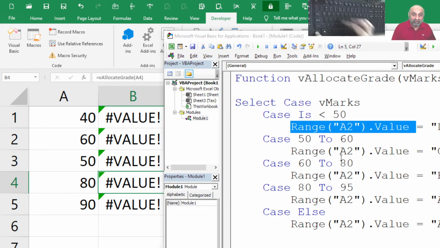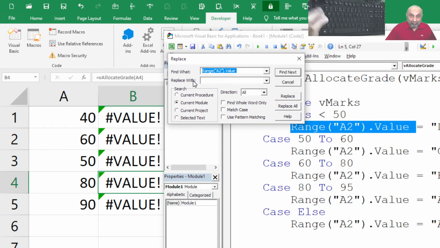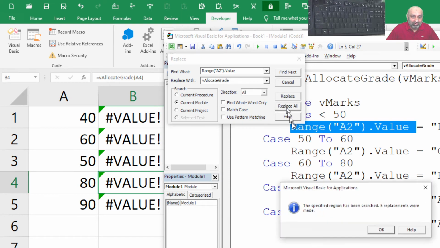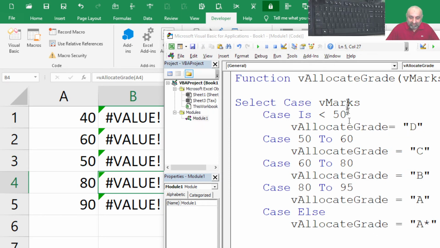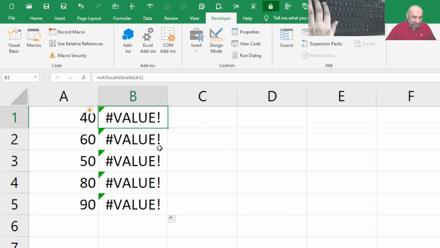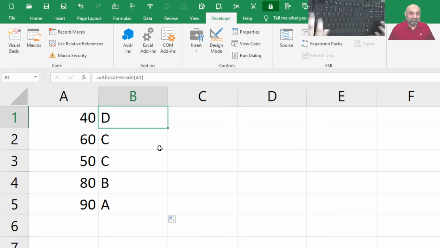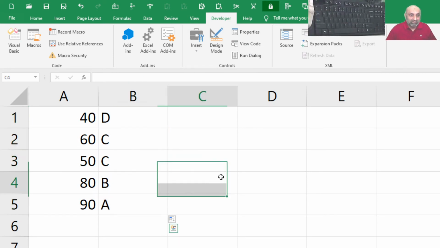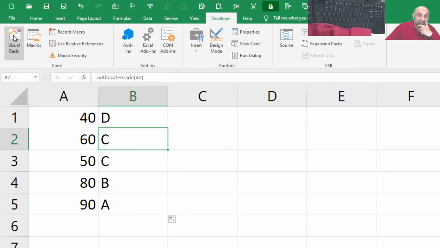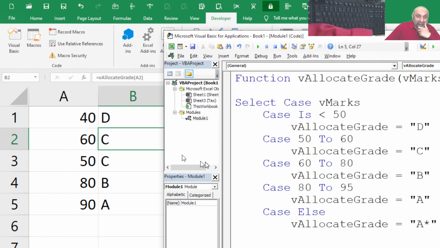I'm going to press Ctrl F, and in this window, Replace, find this and replace with AllocateGrade, Replace All. You can see that all the range references have been replaced. Let's recalculate with F9, and we have the grades D, C, C, B, A. So I think it is clear to you how Select Case works.